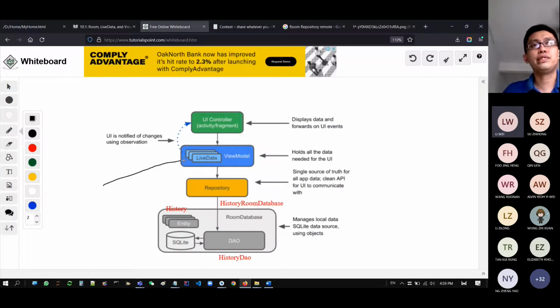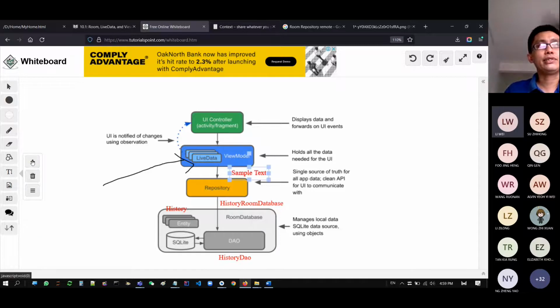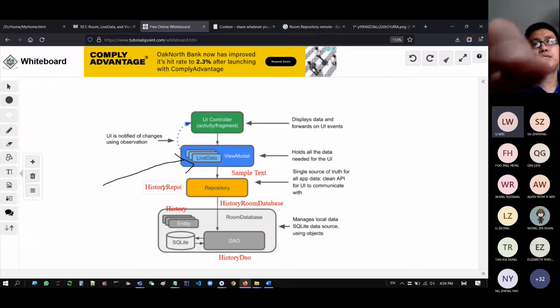We are going to do this now. The view model layer is done already. This one done, this one done. So here, let me add in the code. This part, we have just done the history repository. History repository. So the next one will be